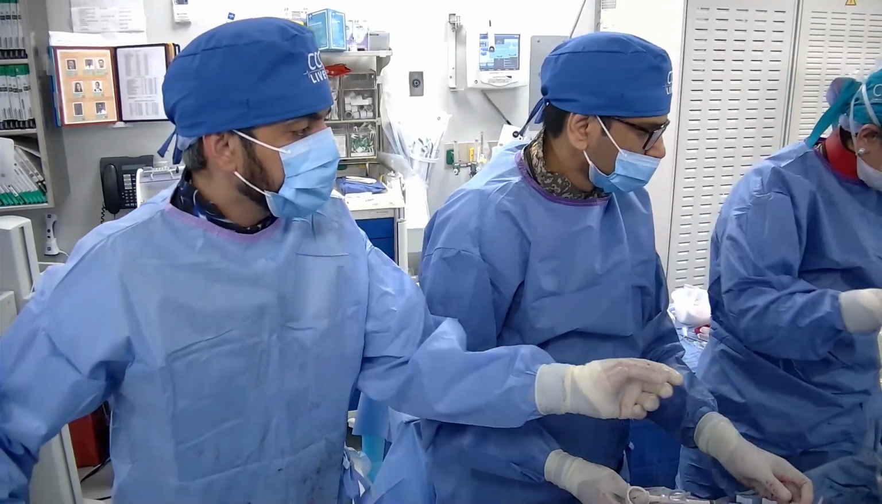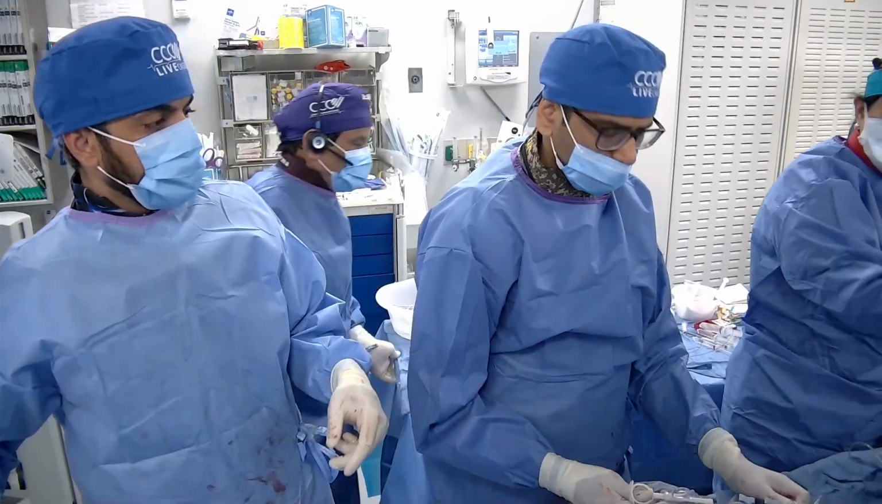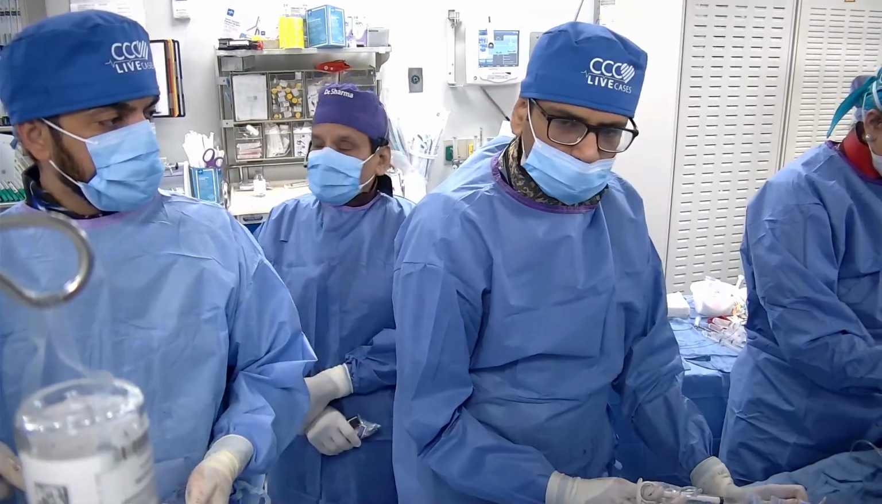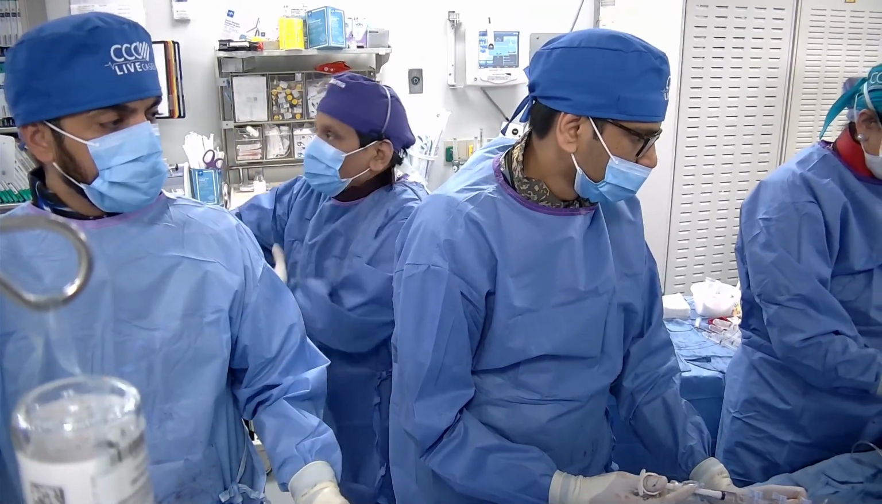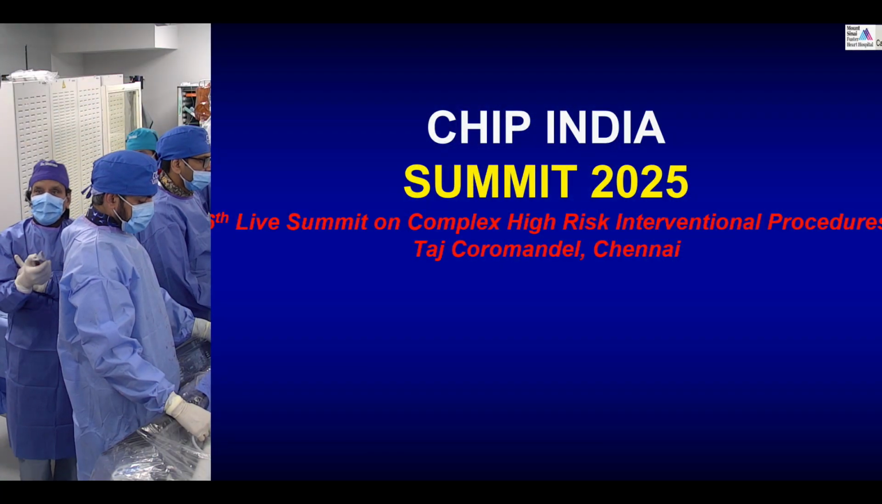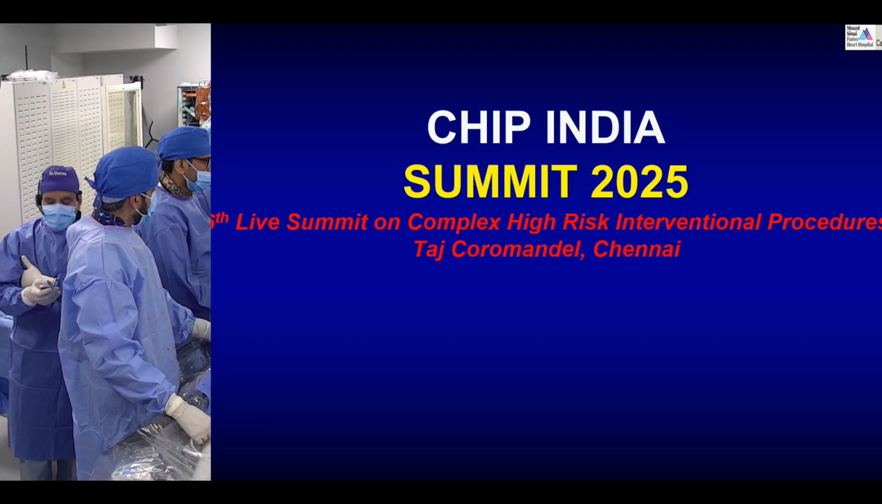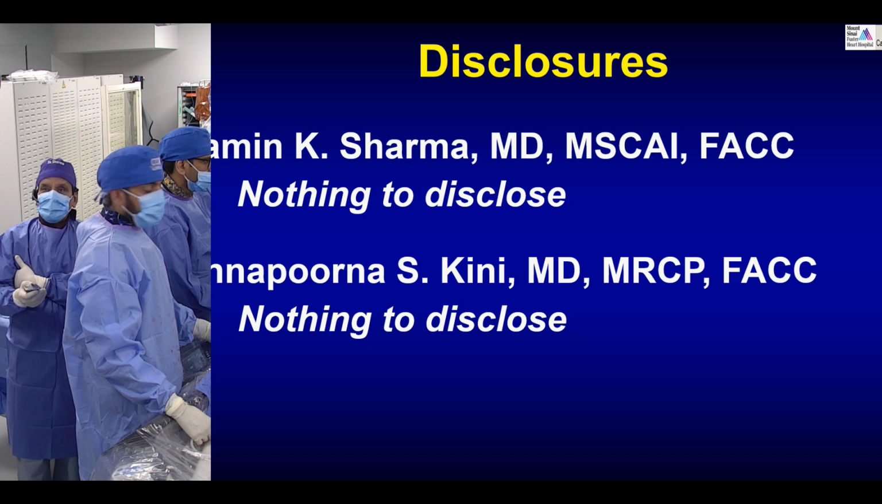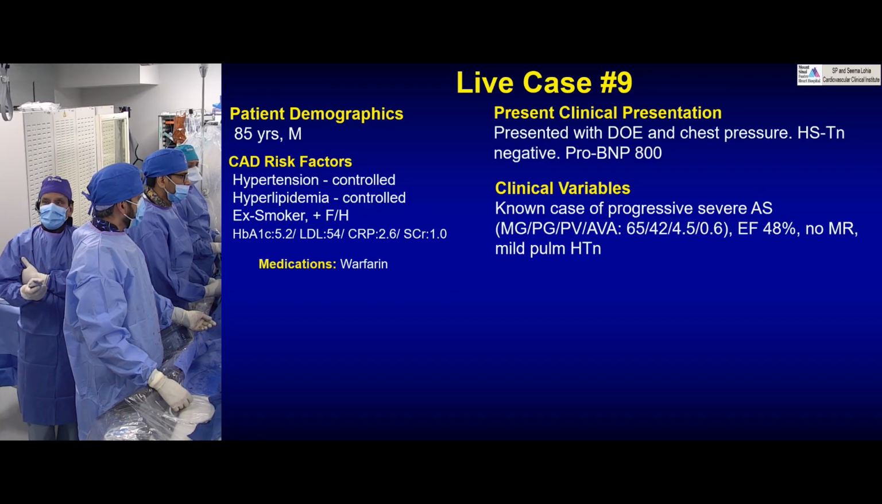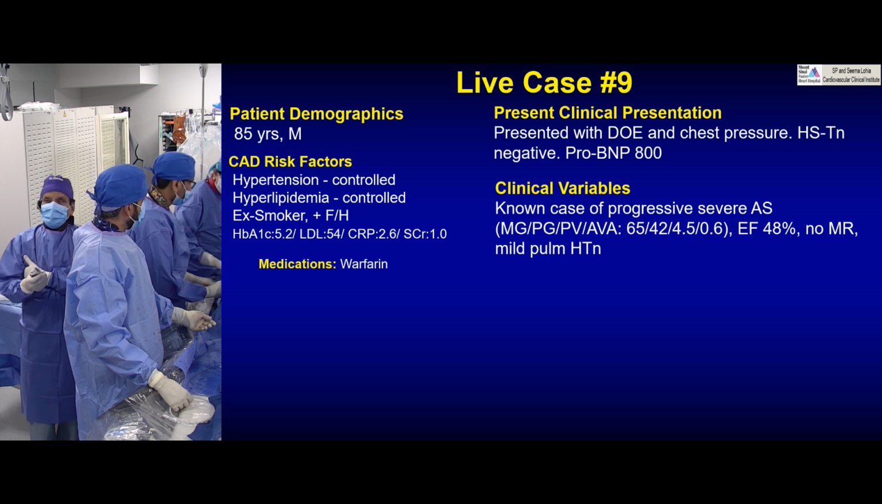Very true, a CHIP case. CHIP in the sense that it's not only a complex intervention, it also has valve disease, and that is more and more common, because patients are living longer, with aortic disease. I know this is your case number 9. So, an 85-year-old patient who presented a few days ago with